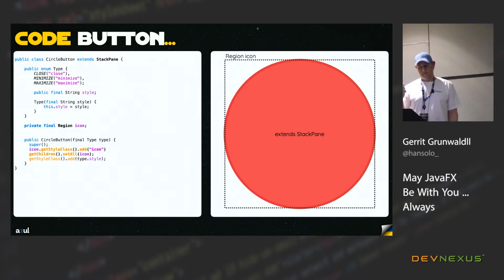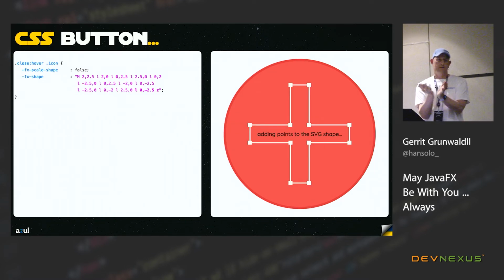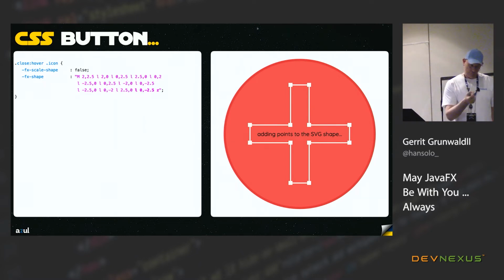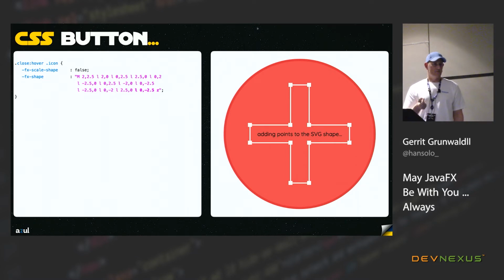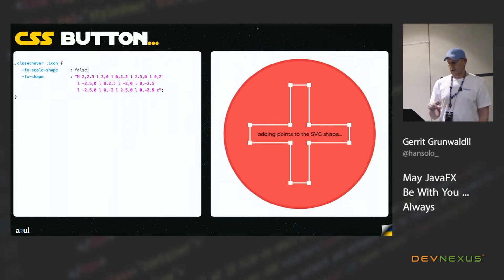And then I just add a specific style named icon to this region. And you see the region here is the same size as the stack pane, but it's transparent by default. And the stack pane itself, we will see, it has just a border radius and a fill and a stroke. And what we now add to the icon is an SVG path. So SVG is scalable vector graphics. And if you have something like Adobe Illustrator or other graphical tools, you can mostly export something as a vector graphic, as SVG. And this is what I did here, for example. I just drew the cross, exported it,